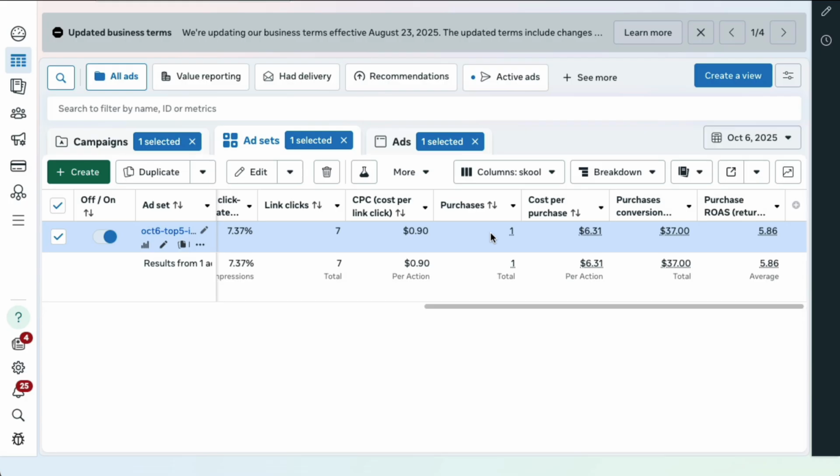And then you can see here for school, since it doesn't have any purchases or add to carts or checkouts, we eliminate that part of the columns of the funnel, and we just go straight to purchase, then cost per purchase, which is how much you're paying per purchase, and then purchase conversions is how much you made for that conversion, and then the ROAS is